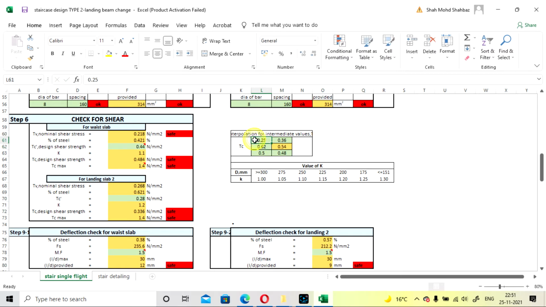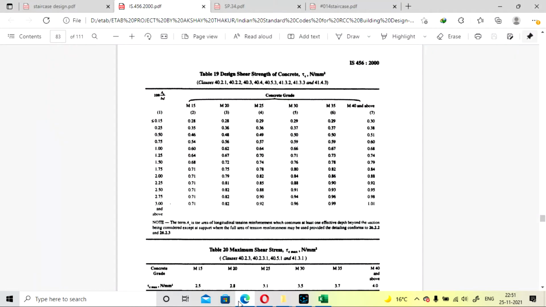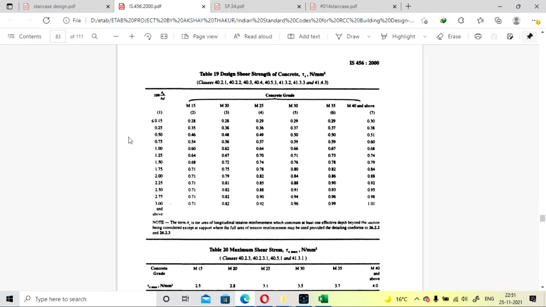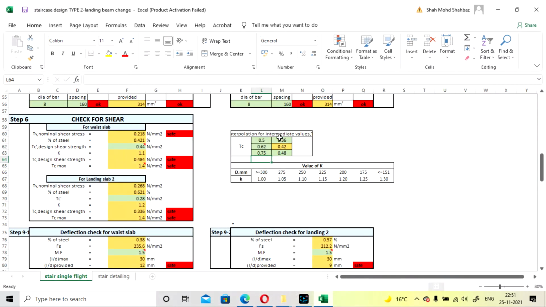It is 0.50, 0.75, and after that we have to go to M20 grade 0.48, 0.56. So our tau c value will come as 0.52, so 0.52 you have to insert.